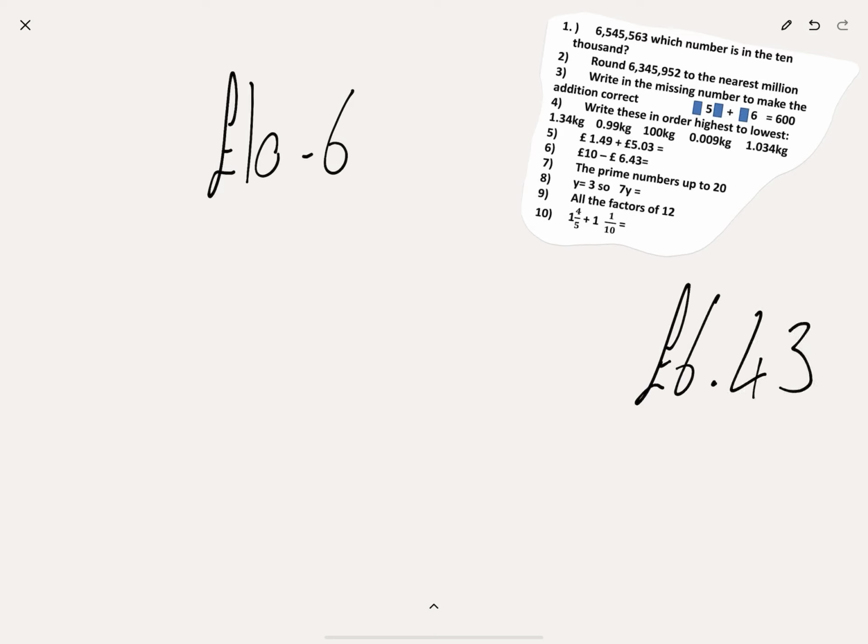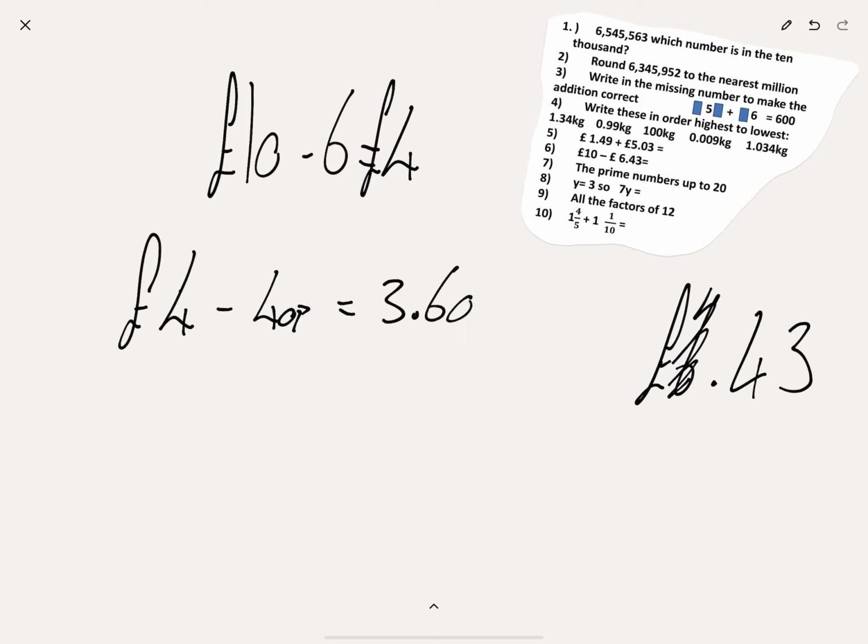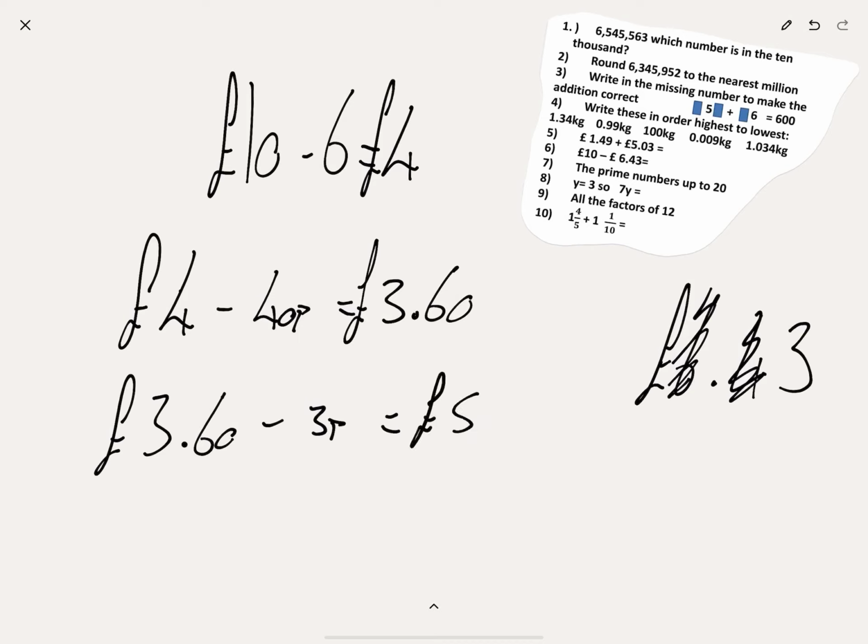Oh, excuse me. It's £4. Okay, so I've already done that. £4 subtract 40p is going to be £3.60. Okay, now I've done the 40p, and then £3.60 subtract 3p is going to be... oops, £3.57. Sorry, getting confused there. So that's the answer,